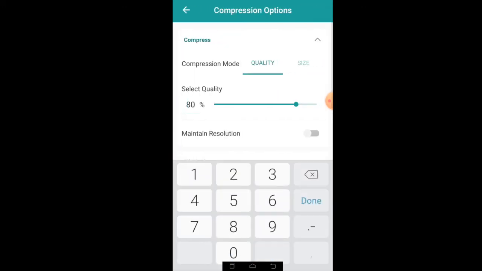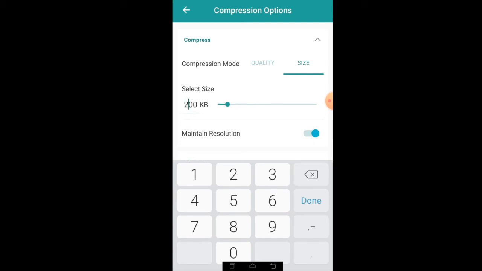Now to compress it, first of all I will select the quality, up to what quality I want my picture to be. So I am selecting this as 50%. Alright, now I will select size. What size do I want? Let's say I am selecting the size as 200 KBs.